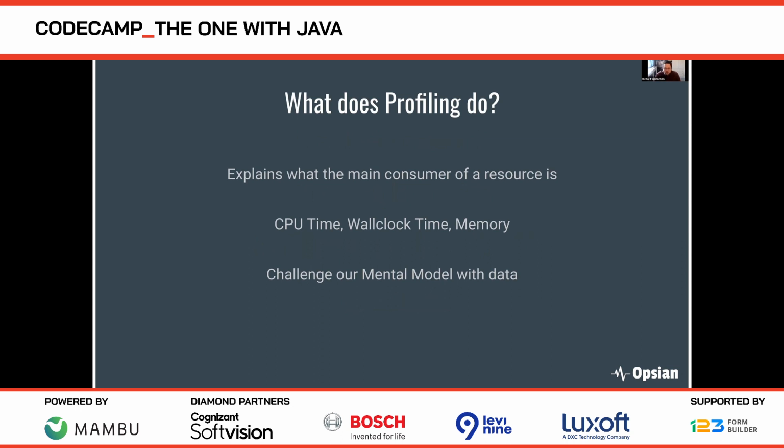So what do we need to think about here in terms of our profiling examples? What we're doing is we're going to profile those examples. And what we want to find with profiling is the main consumer of a given resource. That resource could be CPU time, like time sitting on CPU, executing instructions. It could be wall clock time, so that's the time from the beginning to the end of an operation. So that might be time that we spend on CPU doing CPU bound tasks.